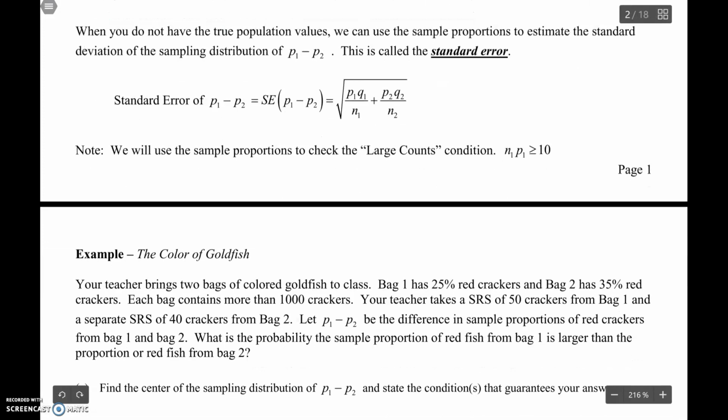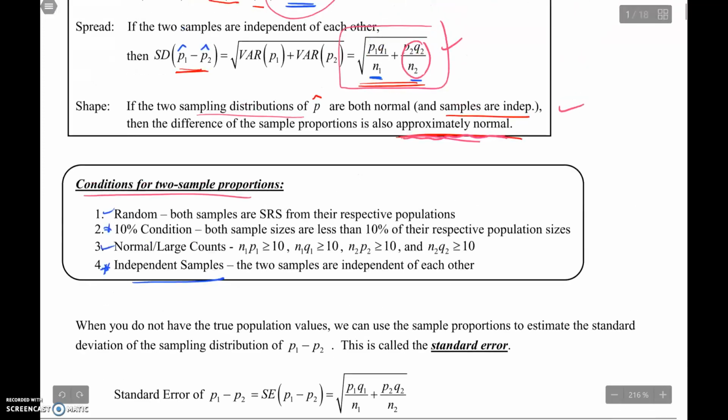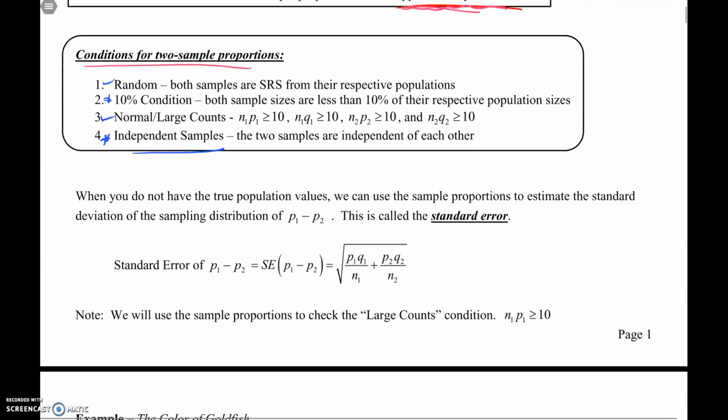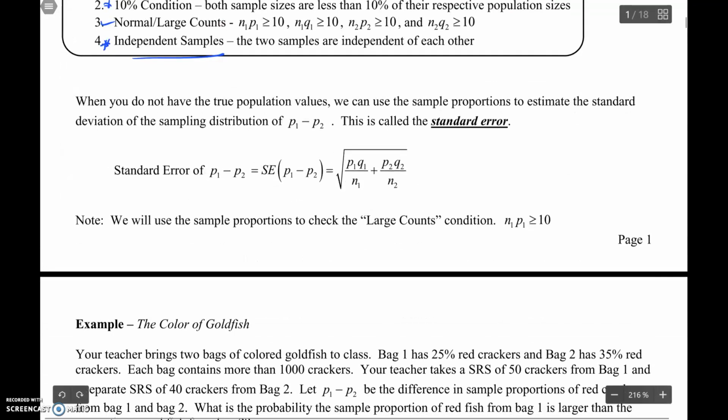So, as we encountered before, what happens if you don't know the true population proportions? If we still need to get an estimate for the standard deviation of the sampling distribution, then we calculate the standard error. So when we don't know the true population proportions, then we can estimate the standard deviation of the sampling distribution of the difference of two sample proportions using the sample